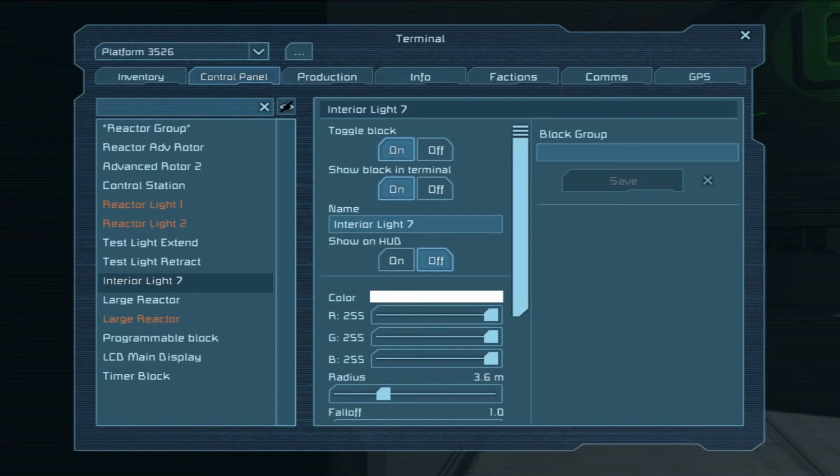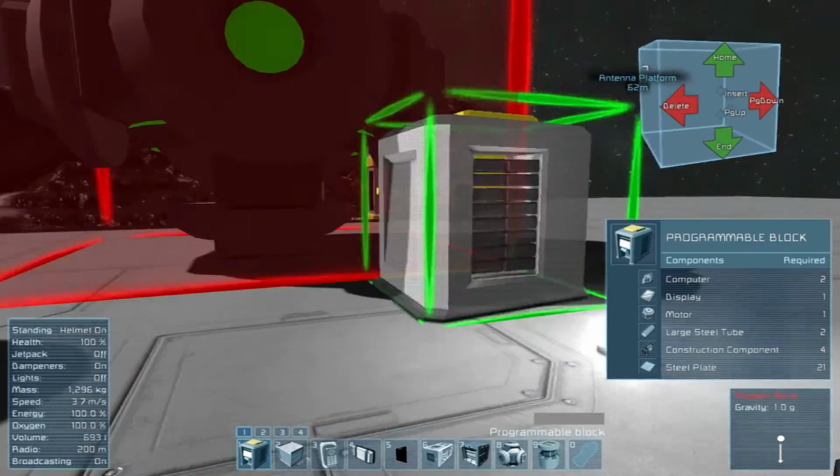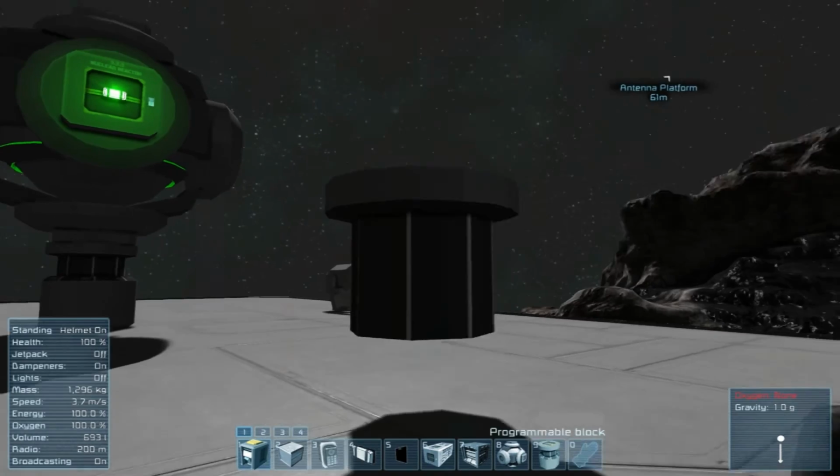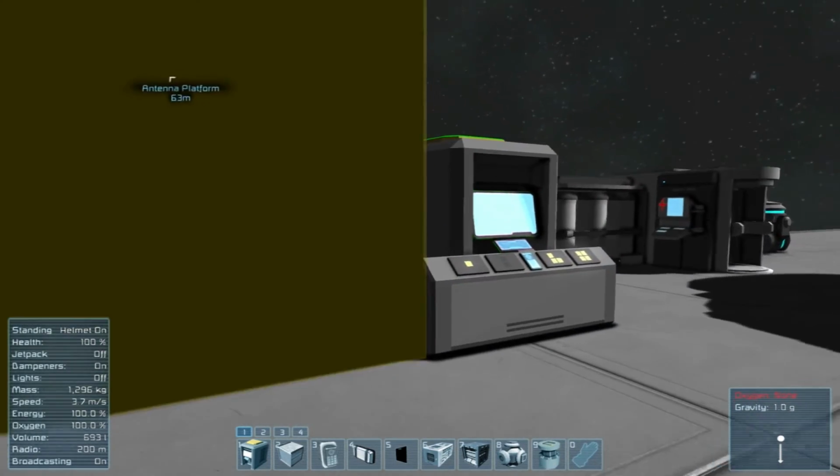You would have to change the number if you place it down. It couldn't just be in the group, I don't think. There's probably a way around that, but I don't want to work with it right now. And it's got rotor in it, so everything but the lights. The lights would be a little bit more work if I wanted it to be able to, you just place it down anywhere and it works.